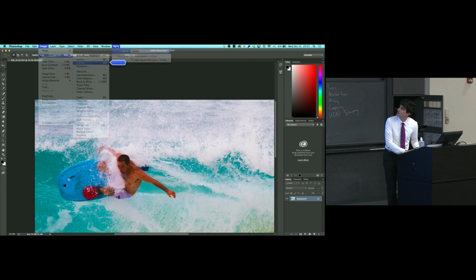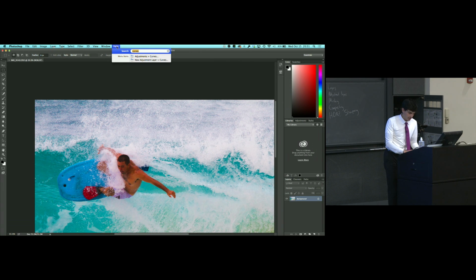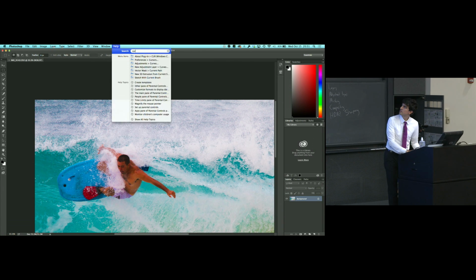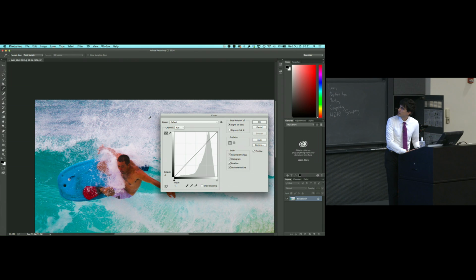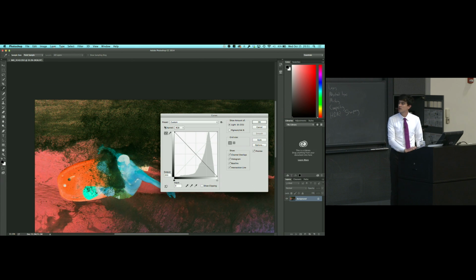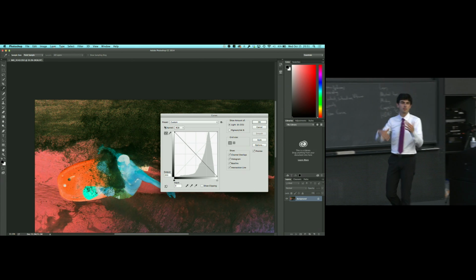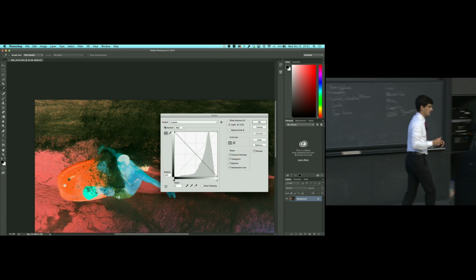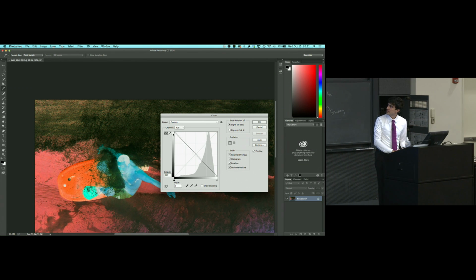There are, in fact, ways to add additional points and remove points, but I do this just to make it a little bit simpler. If I invert tones and say that everything that was white should now be black and everything that was black should now be white, I've done a pure inversion of all of these tones. But undoing that